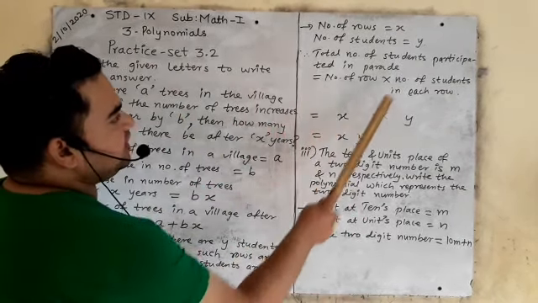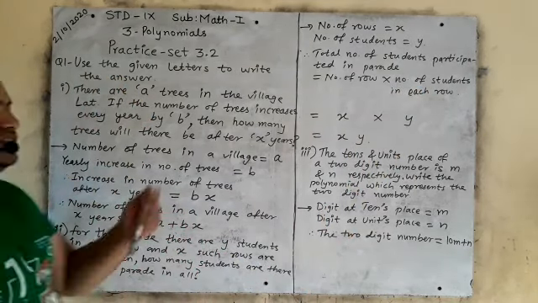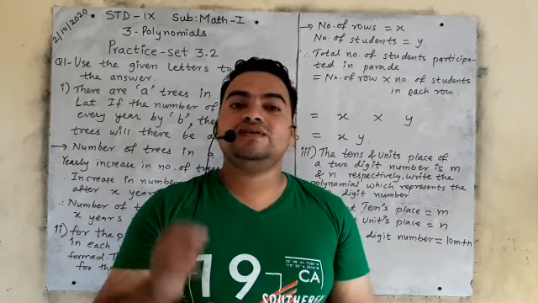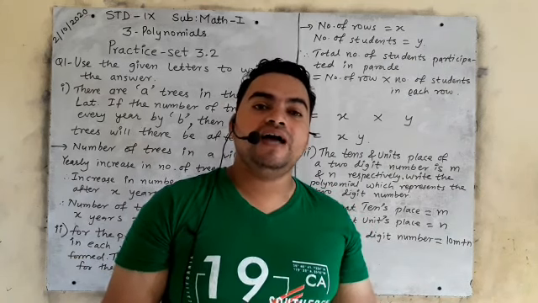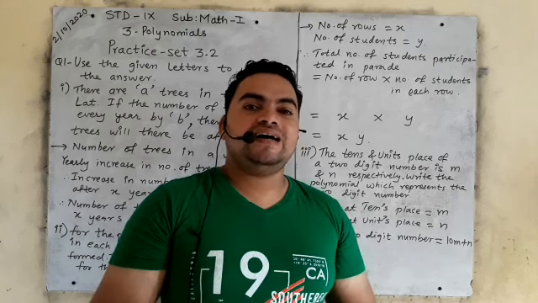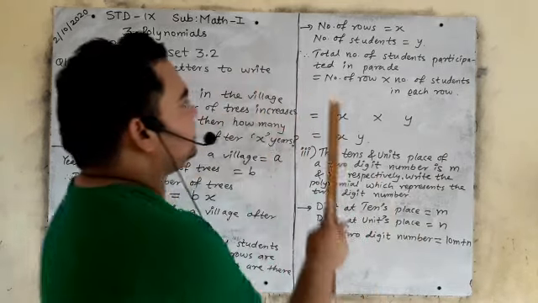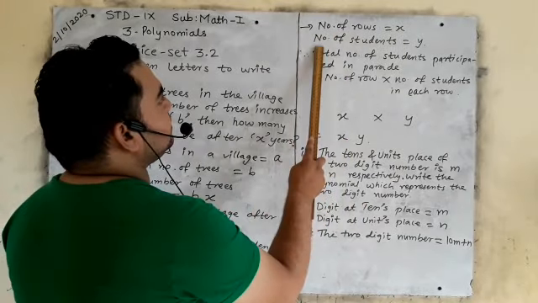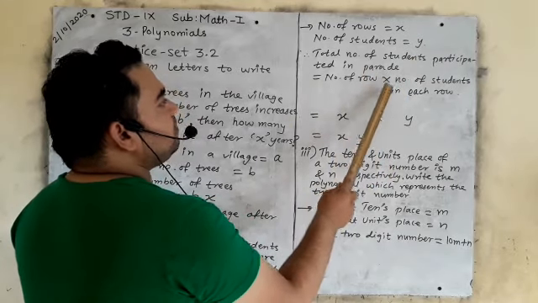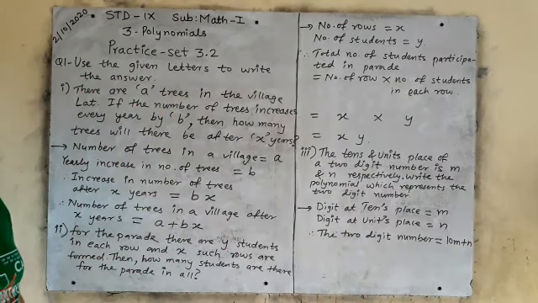This is number of rows x and number of students in each row y, xy, that is x multiplied by y. Again I am saying some students are standing for a parade in a row, and in a row there are how many students? y number of students. And how many rows are formed? x rows are formed. So what you will do? You will do x multiplied by y, because x is the number of rows and y is the number of students present in each row. Is it clear? See, this is how we have to write the formula. Therefore total number of students participated in parade is number of rows multiplied by number of students in each row, x multiplied by y, that is xy. Is it clear? Now see the third one.